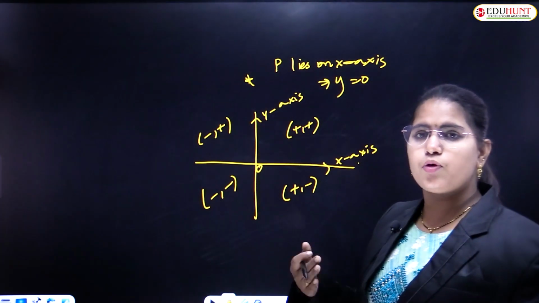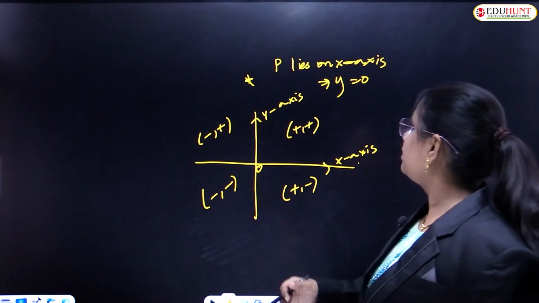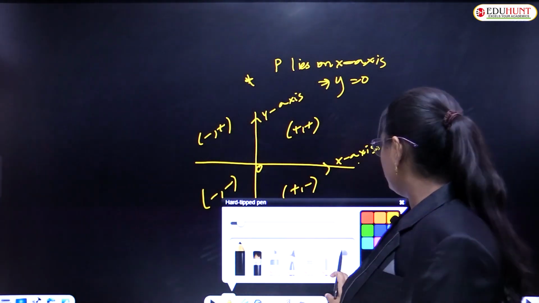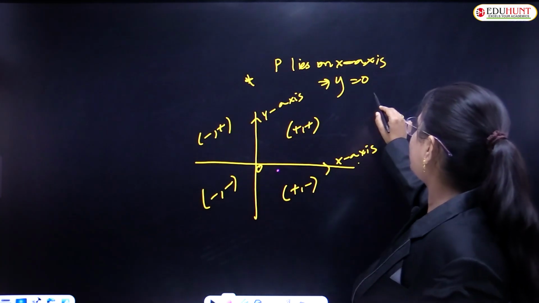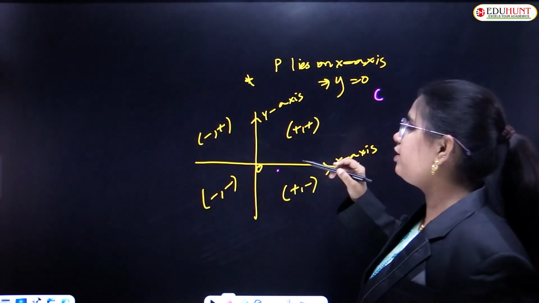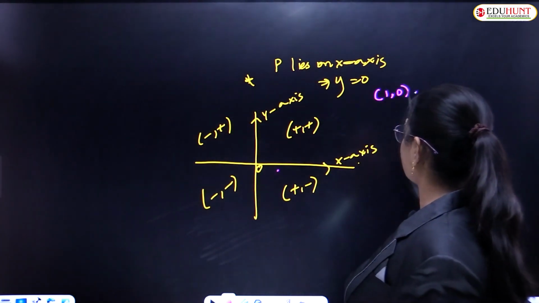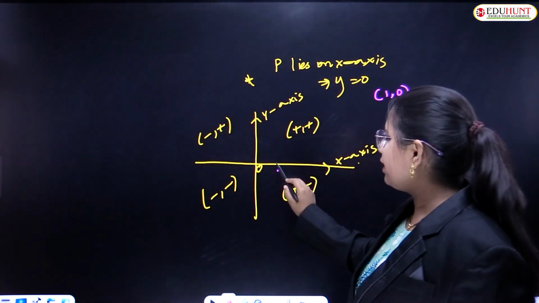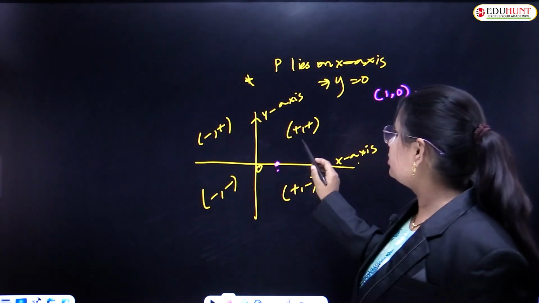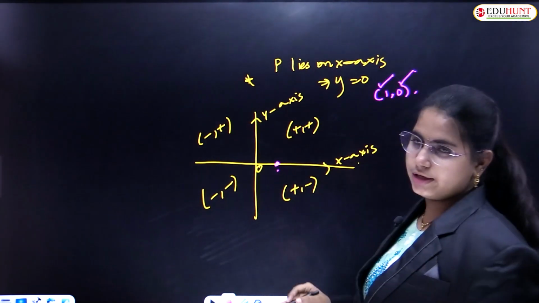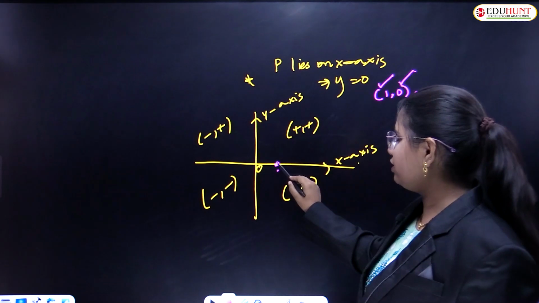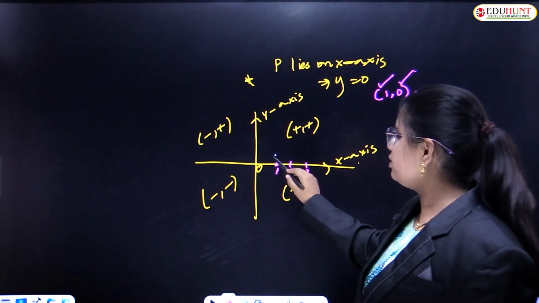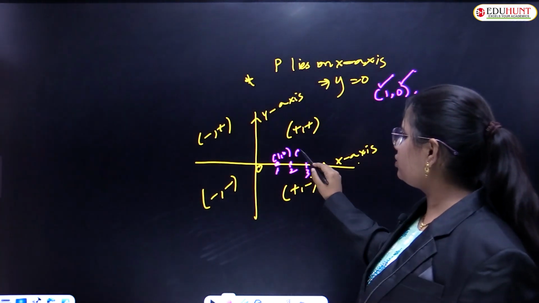If my particular point lies on the x-axis, then the y coordinate is equal to 0. Let's discuss this. For example, if I want to address the point 1, 0, where do you plot this? The x-axis is taking one value. This is my x coordinate and this is my y coordinate, right? 1, 0. This is 1, 2, 3. So this point is 1, 0, this point is 2, 0,